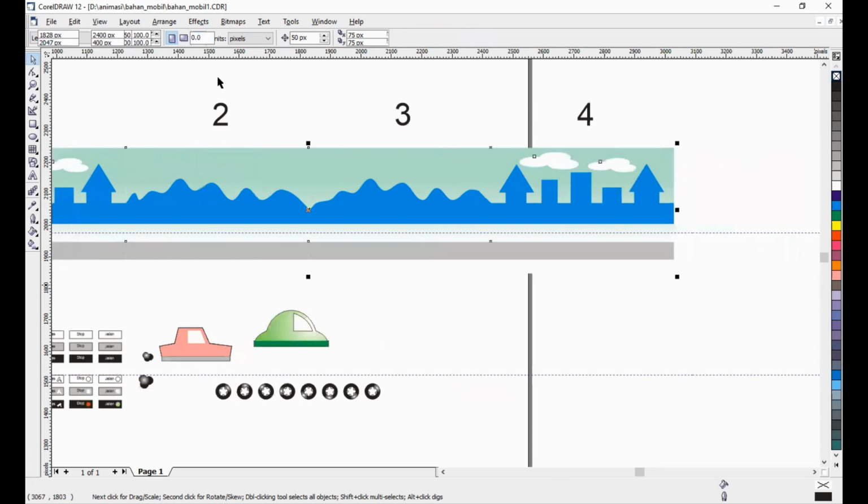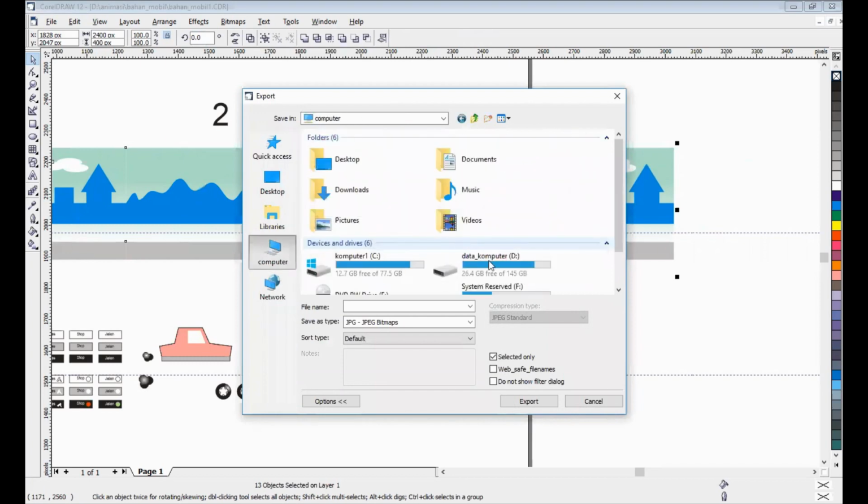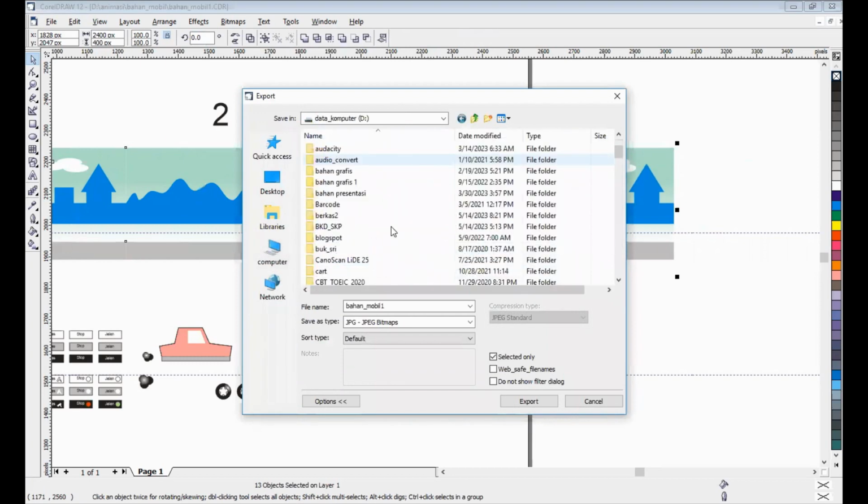Yeah, the width of all images is 2400 pixels and the height 400 pixels. Okay, now I will try to export to PSD format.